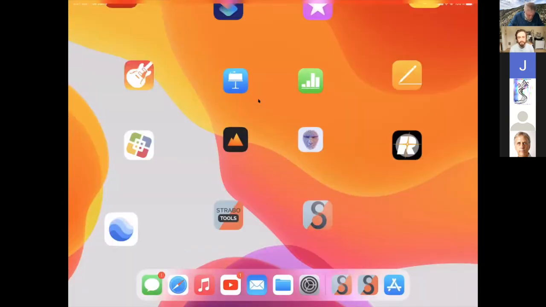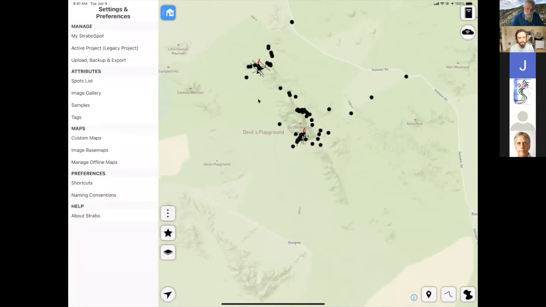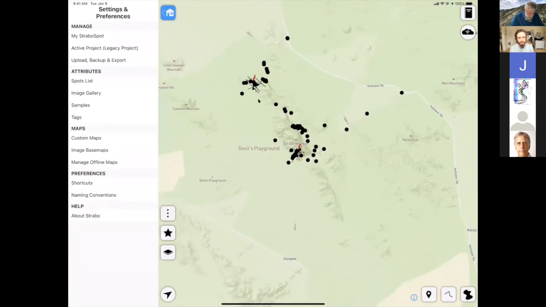All right, so hopefully you're going to see my device here. Oh, sorry, I've got to get the screen open. Okay, so I've got the map here now. This is